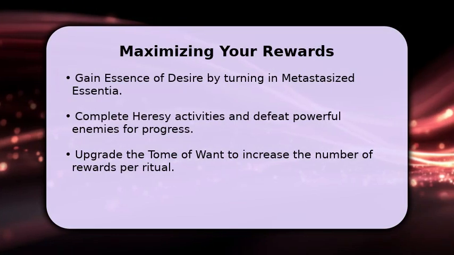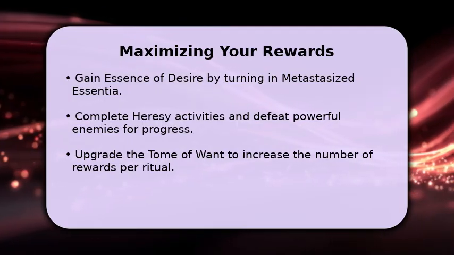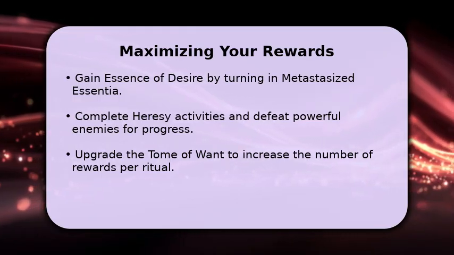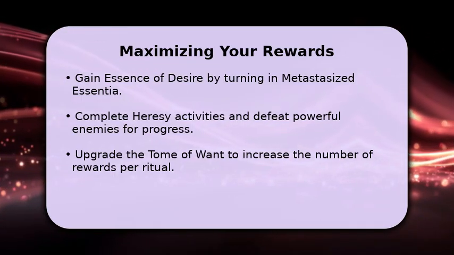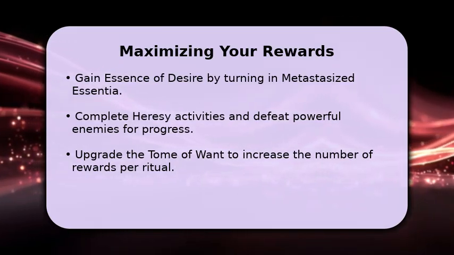To truly maximize your Tome Engraving benefits and targeted loot, focus on efficiently acquiring Essence of Desire. You can get this vital resource by turning in stacks of 10 metastasized Essentia at the Taken Altar in Eris Morn's apartment. Progress for your active rituals is earned by defeating powerful enemies and completing various activities, especially those within